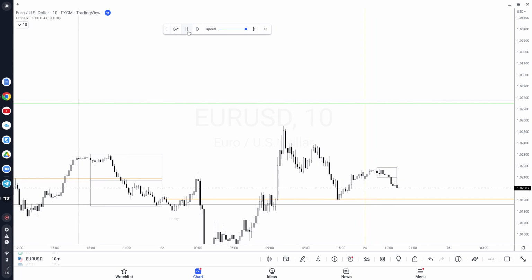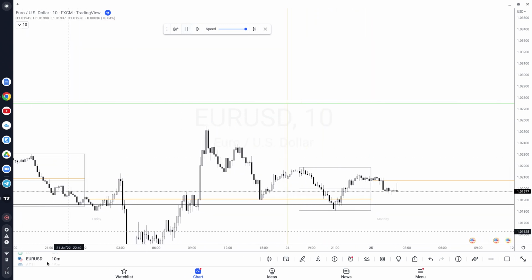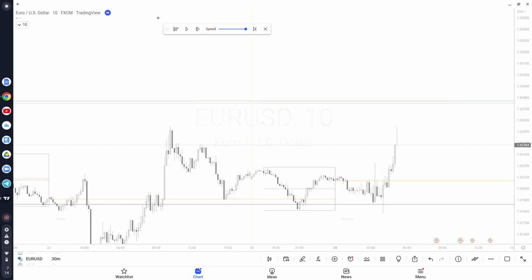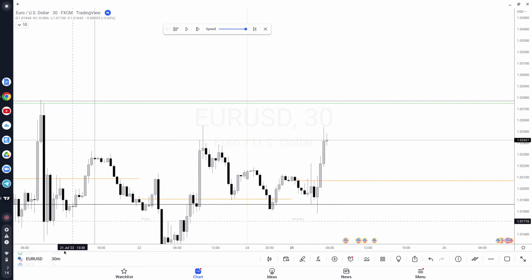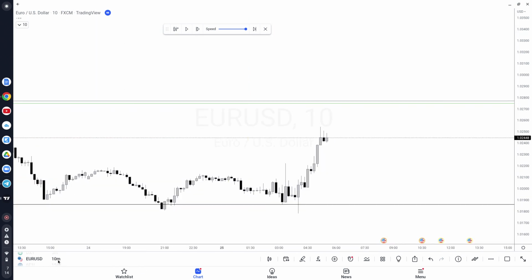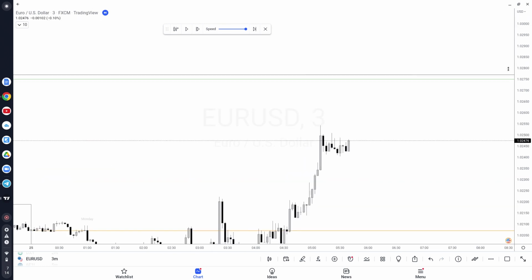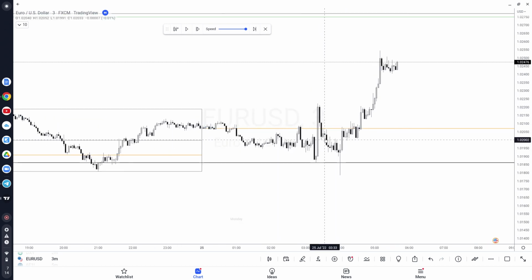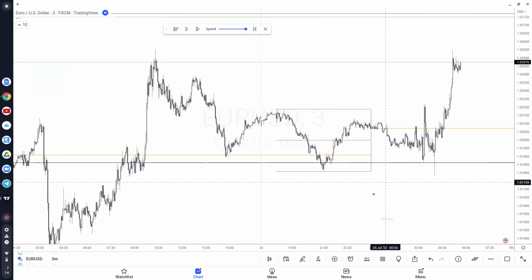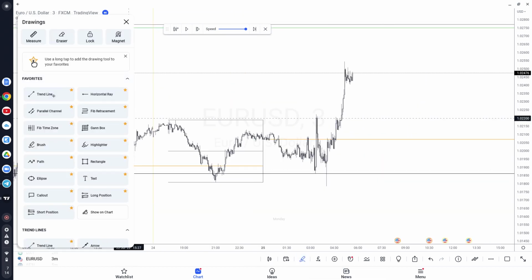and then we push into Monday. Let's try this on a 15-minute. Okay. All right. So not the best price action on EU on Monday, but in terms of how would we enter this market on this particular day, what the overall context is for these